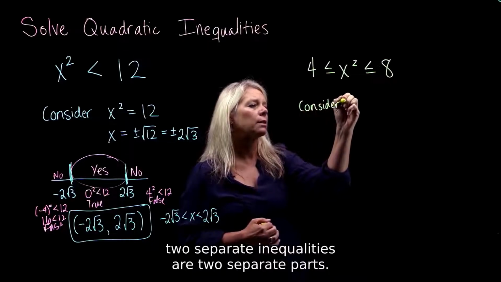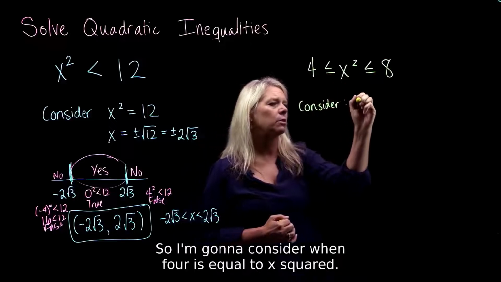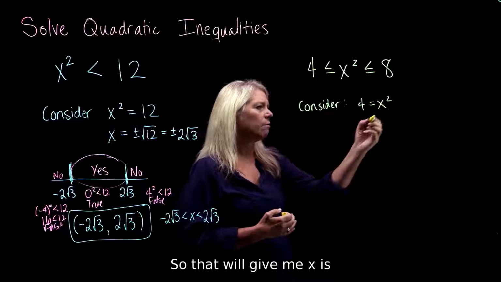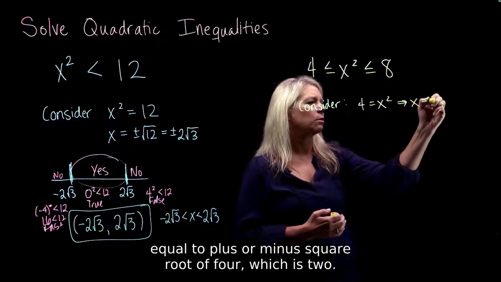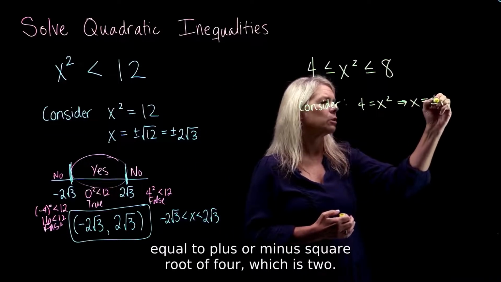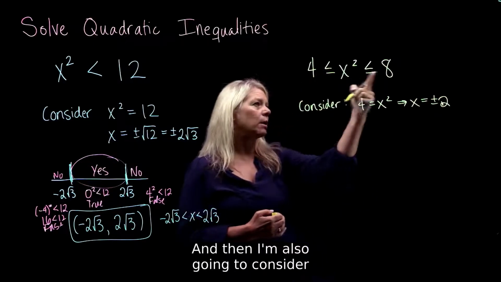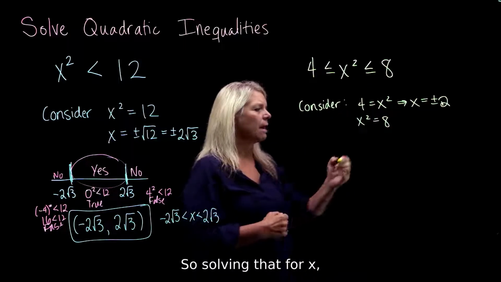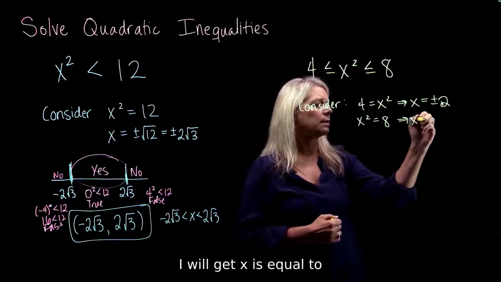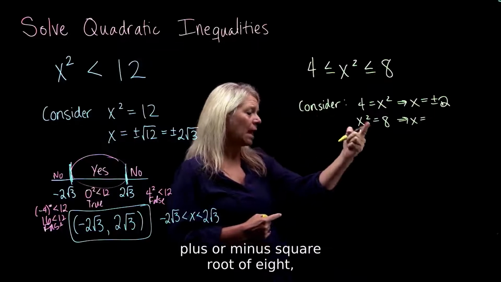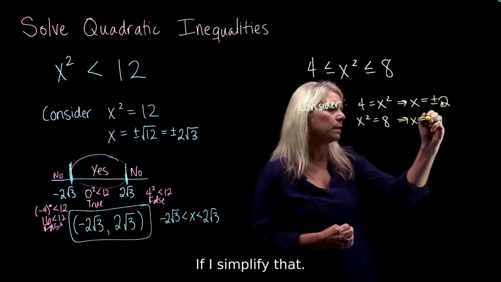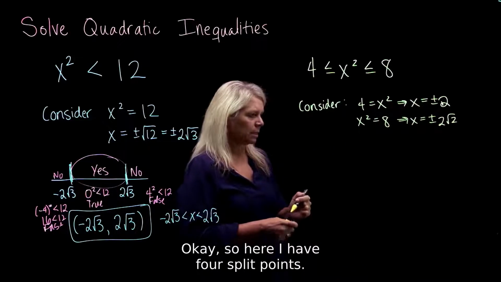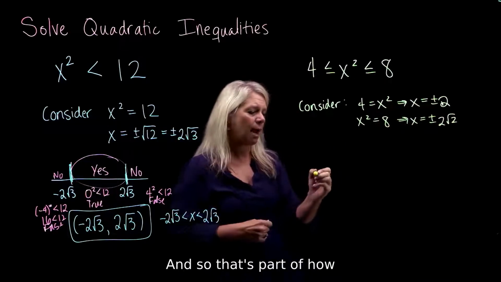or two separate parts. So I'm going to consider when 4 is equal to x squared, and think about what that tells me. So that will give me x is equal to plus or minus square root of 4, which is 2. And then I'm also going to consider when x squared is equal to 8. So solving that for x, I will get x is equal to plus or minus square root of 8, which is 2 square root of 2 if I simplify that. Okay, so here I have 4 split points, and so that's part of how this one is a little bit